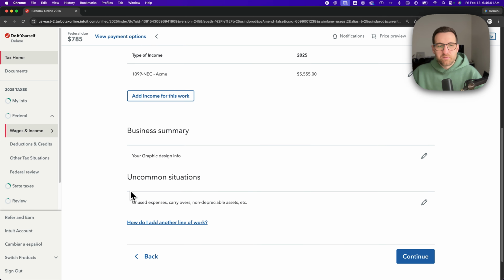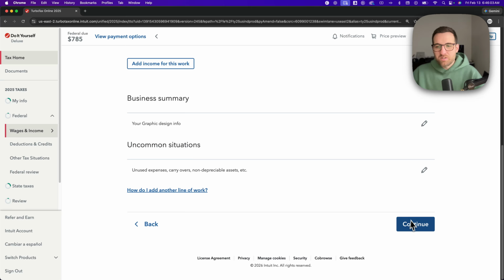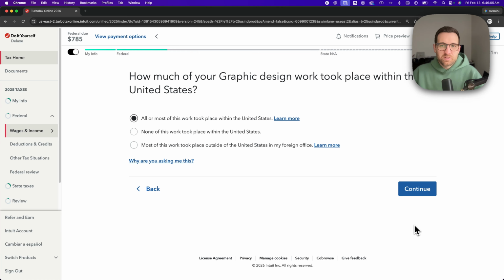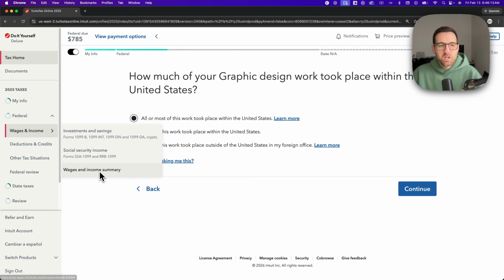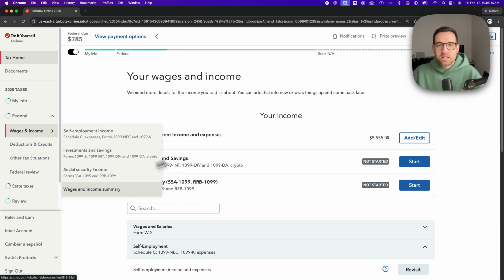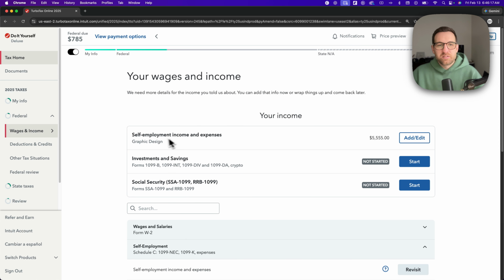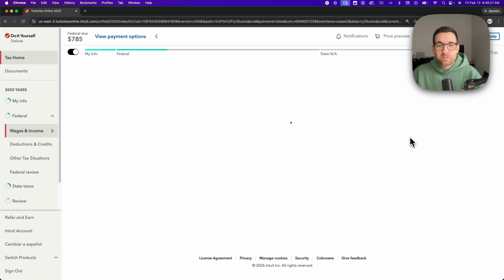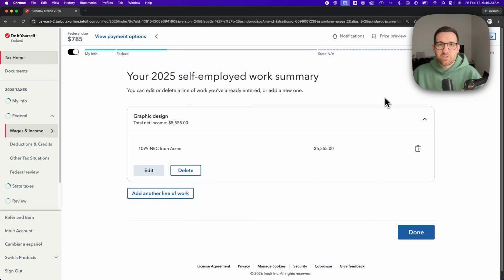You can add more income if you need to, and then some other information. We can hit continue, and that will eventually take us back to the summary page again, which I'm just going to skip to right now. We'll go to wages and income summary. And inside of here, you're going to now see this self-employment income section. And we go to add edit on it, and it's going to show us the self-employed summary of all